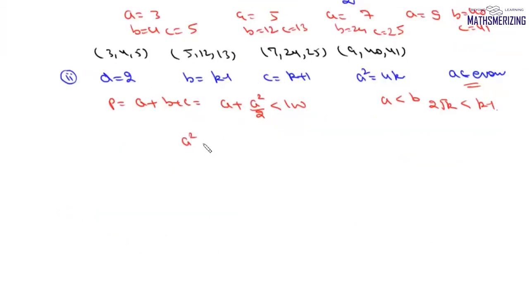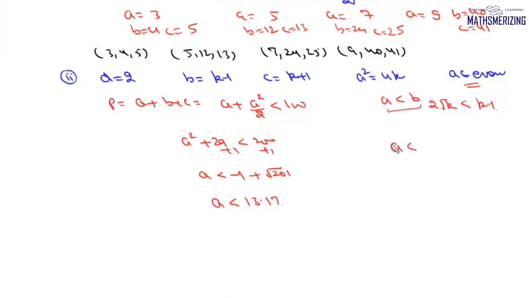Now we'll solve this condition. We'll get A square plus 2A. It is less than 200. So we'll add 1. We'll get A is less than minus 1 plus under root 201. So the condition that we'll get is value of A should be less than 13.17.